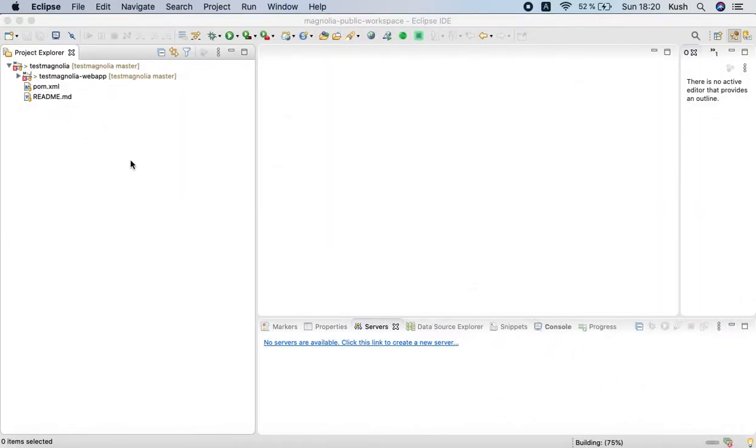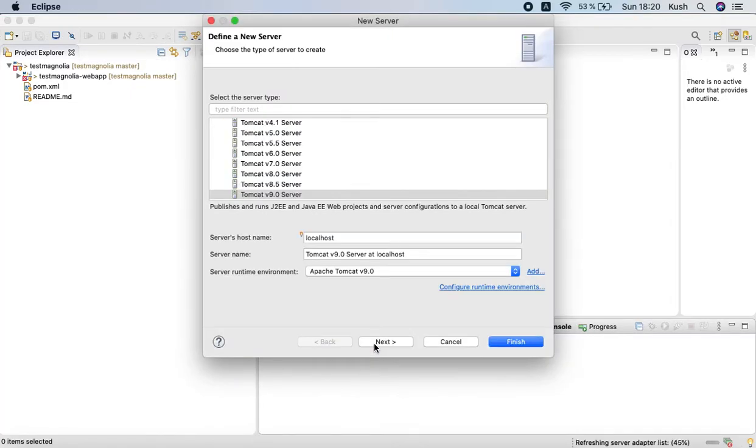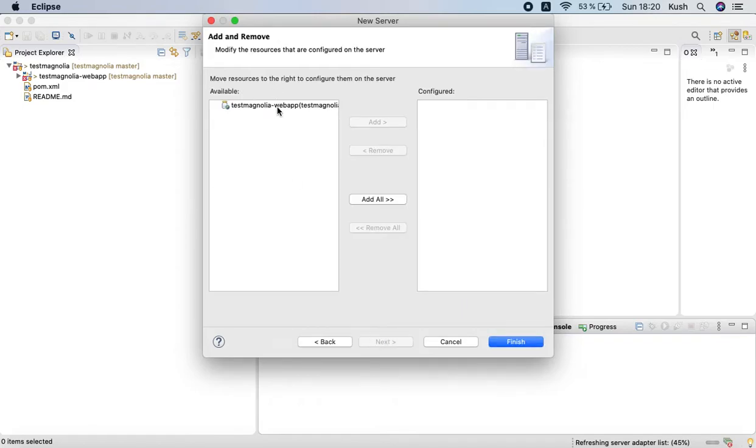The next step is to set up the Tomcat server for this. In the same way, I will click on this link. I'm using 9.0, so it is already there, and we will click next. Here we can see the war file is there, and I will click on this, and after that I will click add.